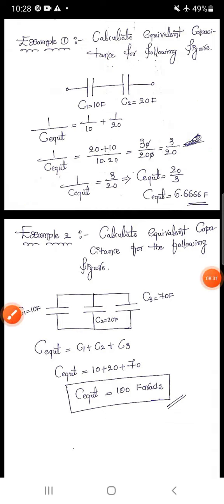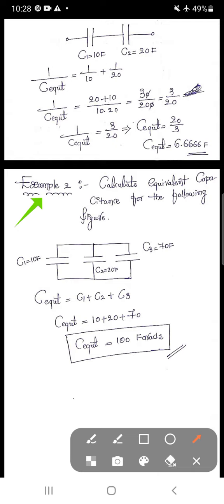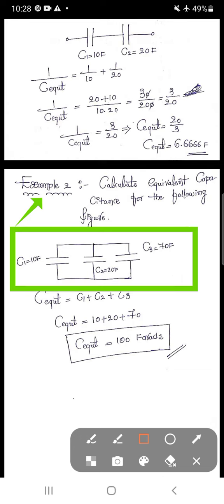So like this we can find the equivalent whenever two capacitors are connected in series. Now coming to example number 2. Calculate equivalent capacitance for the following figure. Here just observe, the given circuit is a parallel combination of three capacitors. C1, C2, C3 are connected in parallel, and we know that whenever capacitors are connected in parallel, to find the equivalent capacitance,